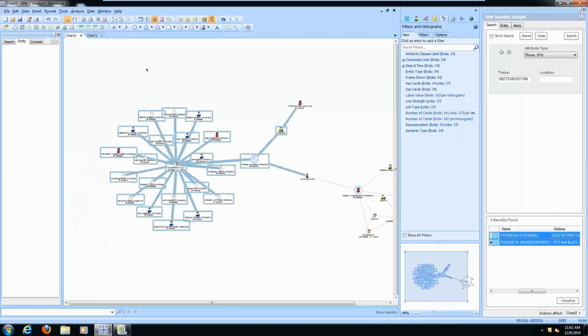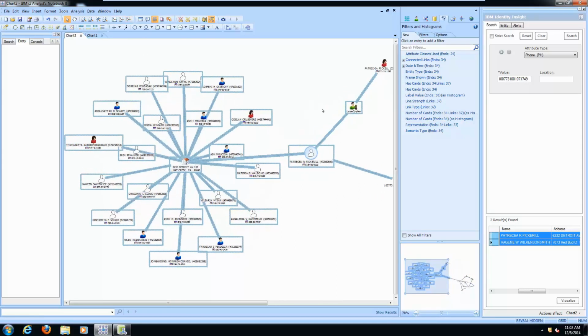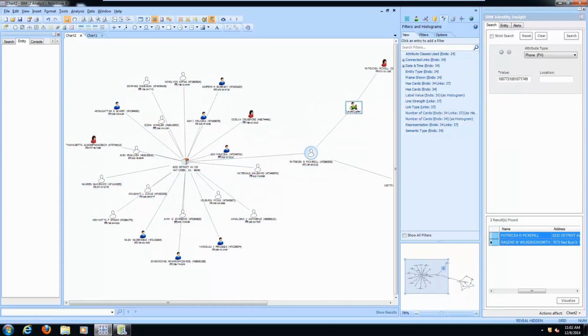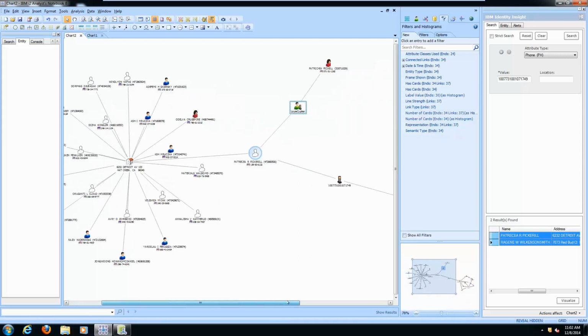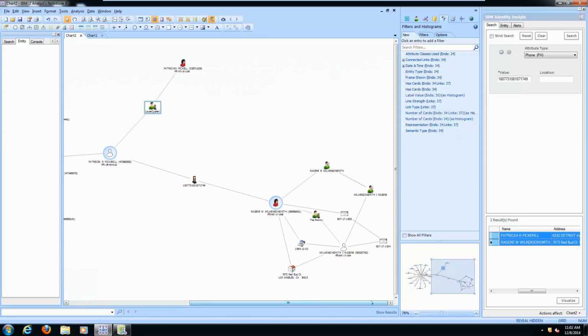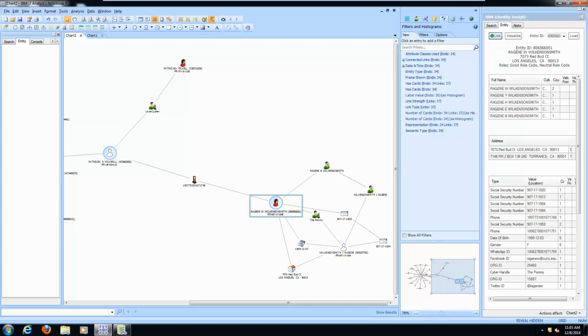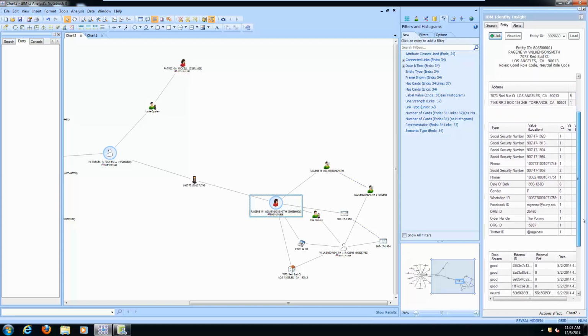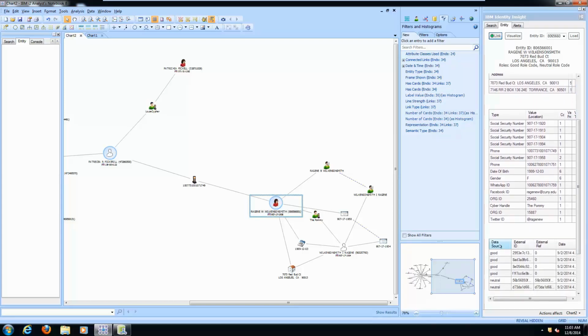On the left we see an address, aliases, and associates. Patricia uses an alias of Louis Cypher. On the right, we have an address, names, and social security information for Regine, who uses an alias of the Pommy. In the entity view on the right, we can see name variants, addresses, and attributes like social security numbers. There are multiple data sources ranging from good to neutral quality that have participated in the creation of this item, providing a single view of multi-source data.